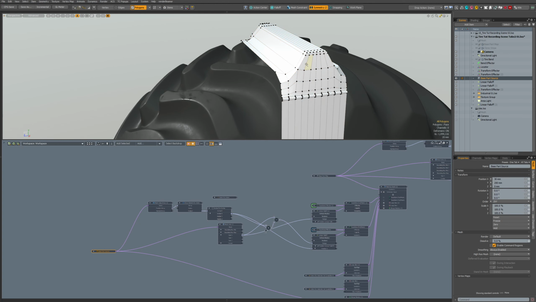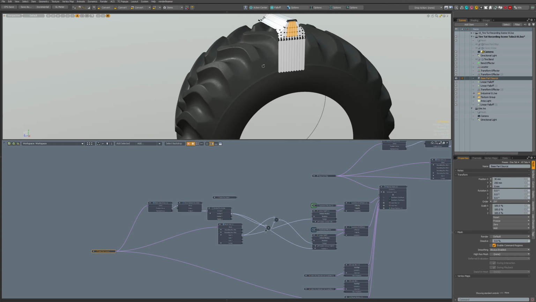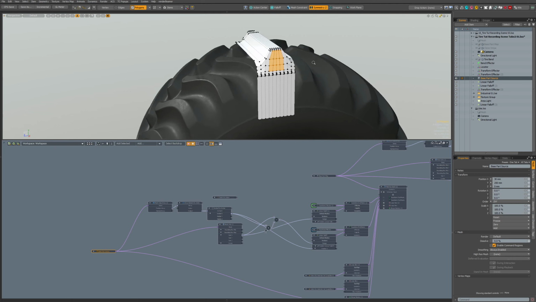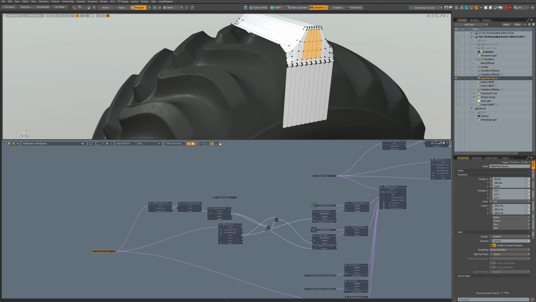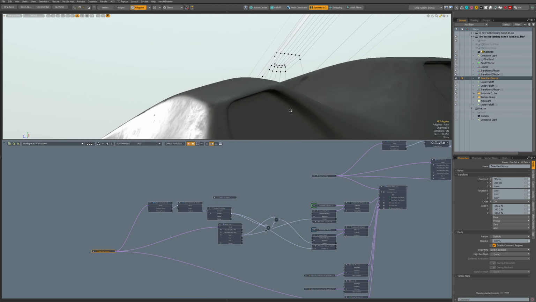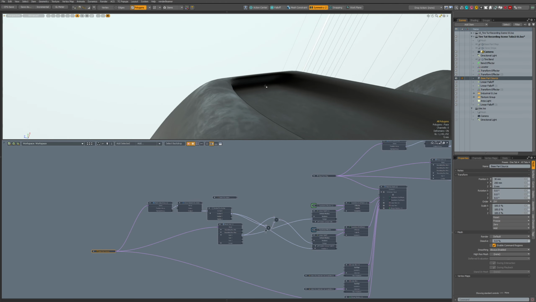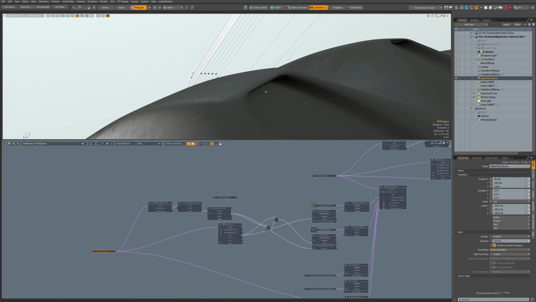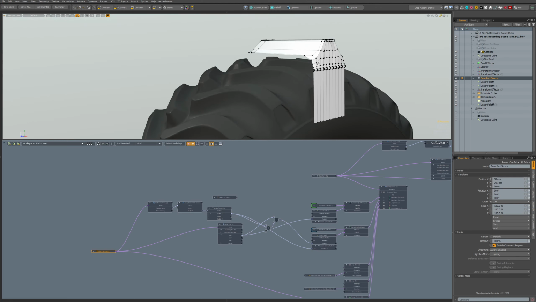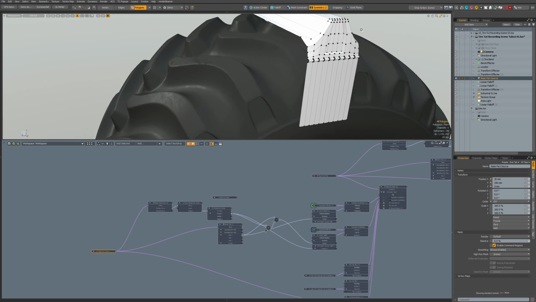So that might be good. We can also look here. One thing I will show a bit later. If I make this here, we can look here, and it goes under there, and it's not very nice if it does that.